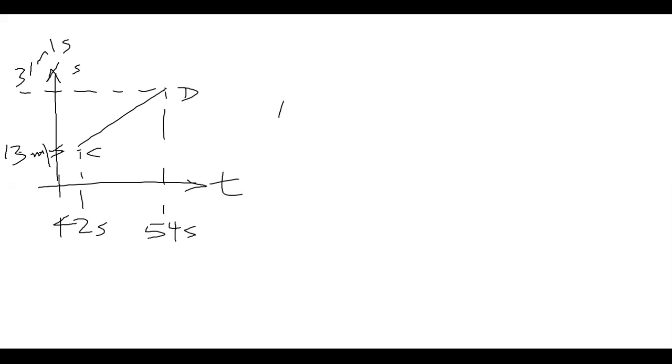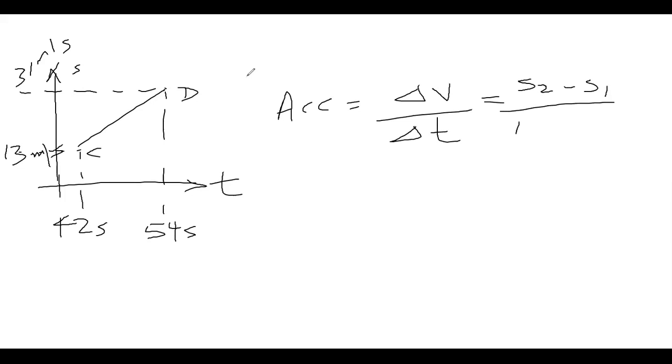Good, so we're going to calculate acceleration. So acceleration is equal to change in speed over change in time. Should have been change in velocity. Remember, acceleration is the rate of change of velocity, but we're going to equate the speed with velocity because the bus is moving in a straight line and not turning in a particular direction. So you're going to have S2 minus S1 over T2 minus T1. Your S2 was what value? 31 minus 13. Your overall unit is meters per second